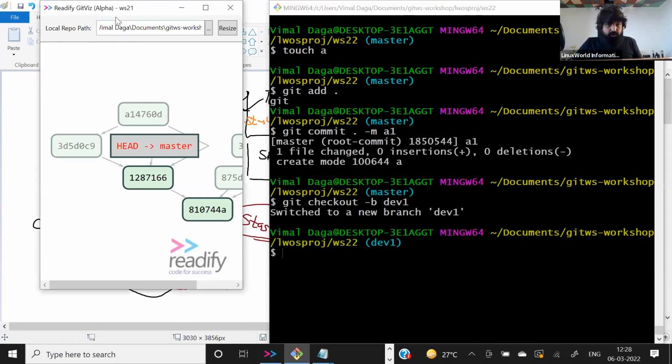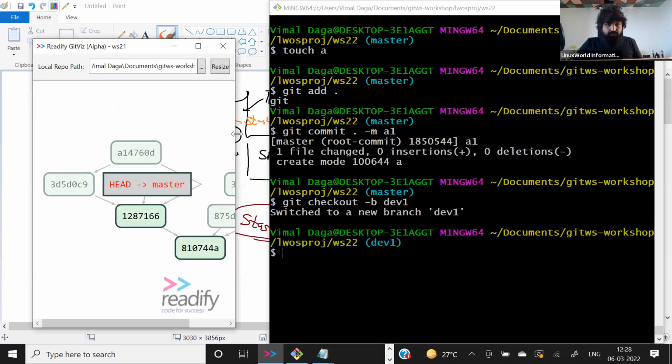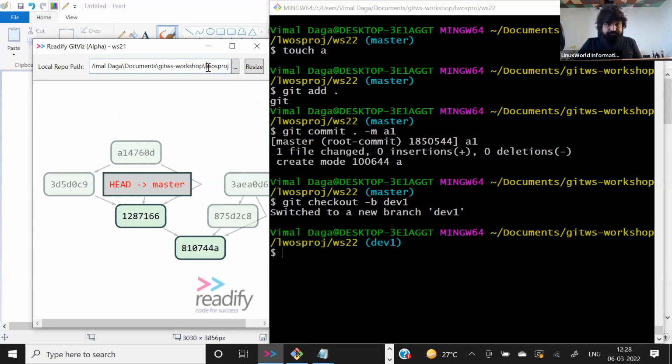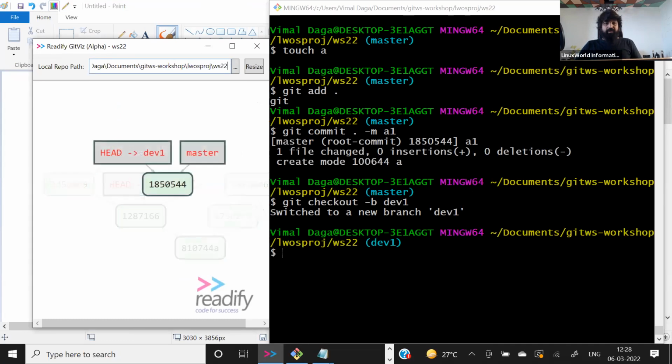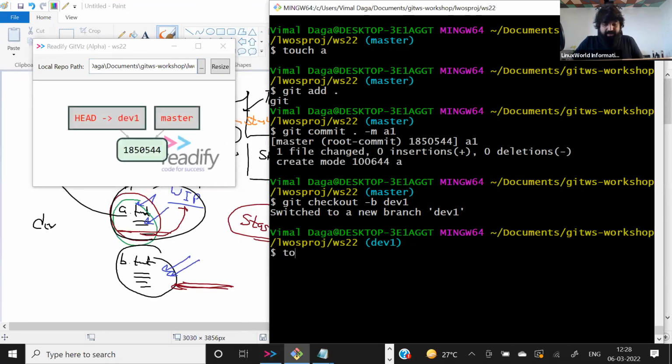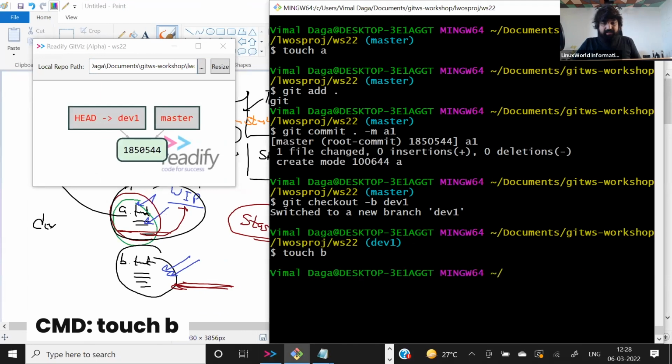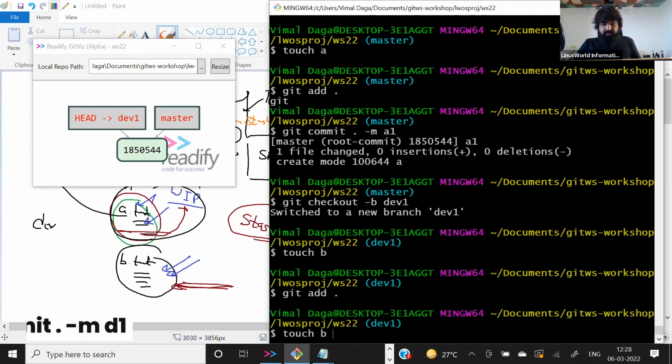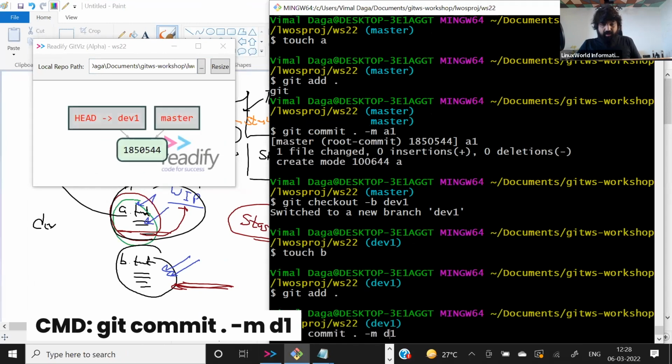Also, let me show you from the graphical view also. This is the current status, and let's say this developer has created multiple files in their branch. Let me add, let me commit,